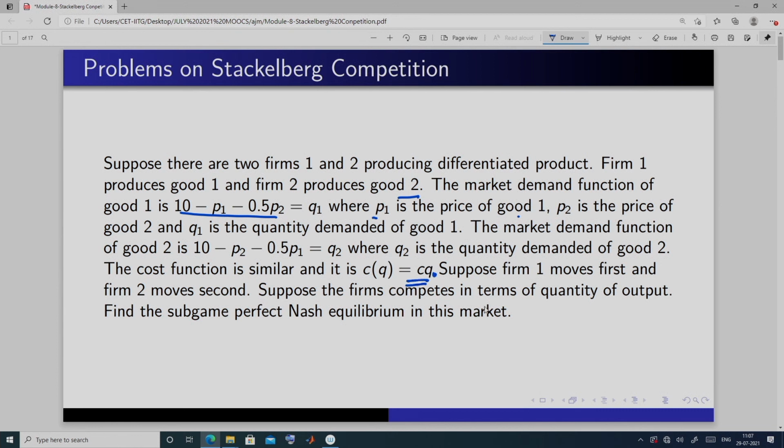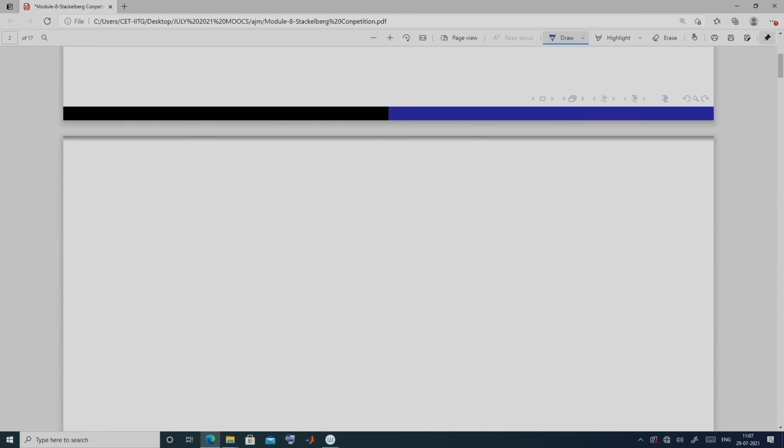Okay. Suppose firm 1 moves first and firm 2 moves second. So, it is a sequential game and that is why it is a Stackelberg, and firms compete in terms of quantity. So, this is again a Stackelberg quantity competition with differentiated products, and we have to find the subgame perfect Nash equilibrium. So, from this, first what we will do, we have to convert this